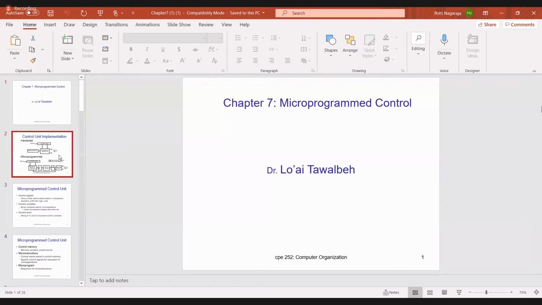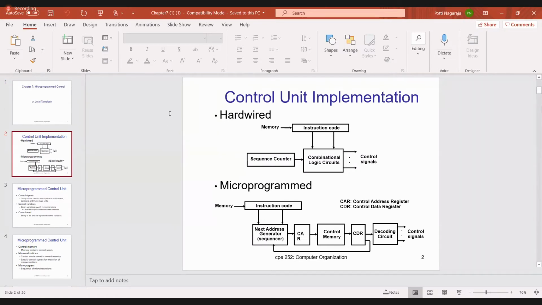So we are seeing the micro-programmed control, and before going to it, the control unit can be designed in 2 different ways. What are the 2 different ways? We already gave this bit in the exam. One method is the hardware control unit. Hardware control unit means we will use both sequential circuits and combinational circuits. With the help of sequential circuits and combinational circuits, we can build a hardware control unit.